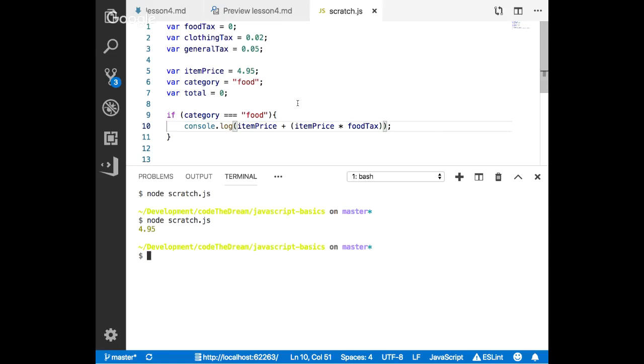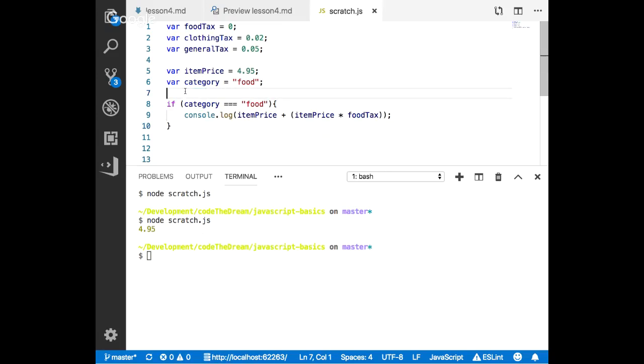I do, yeah. You just can't see it right now. So I didn't need this total because we're not using it in this case. We'll get rid of it. Okay, so if this works for food, now let's do clothing. Yes? If you did it all, I guess you would go through all, or you have to do if